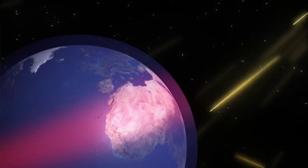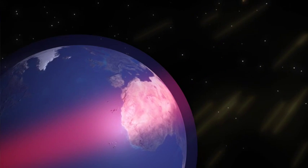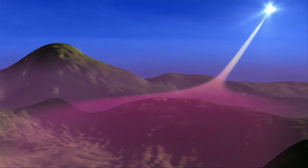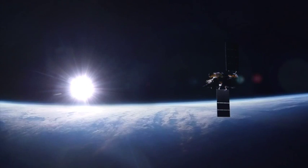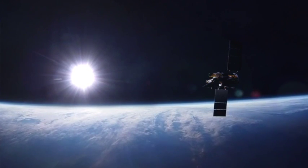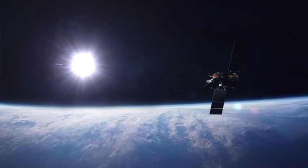Scientists have wondered for hundreds of years how the sun's radiation changed. There was a series of ground-based measurements, and they couldn't determine if the changes that they were seeing were from the sun itself or from the intervening atmosphere. It's important to make measurements of the solar irradiance from space because it's the only way we can measure the